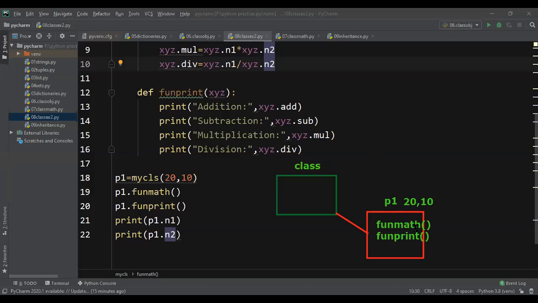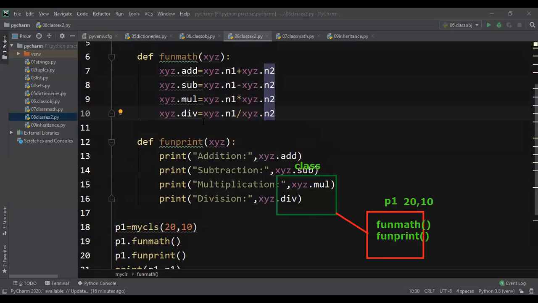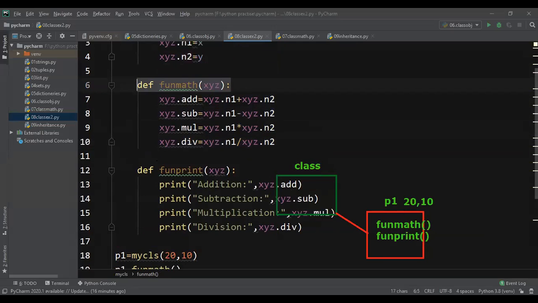Now to execute fun math, what do you have to do? You have to give P1.fun_math. If you give P1.fun_math, this function will be executed. Your math function will be executed. Once the math function is executed, what happens here?